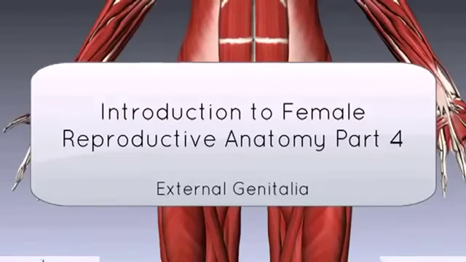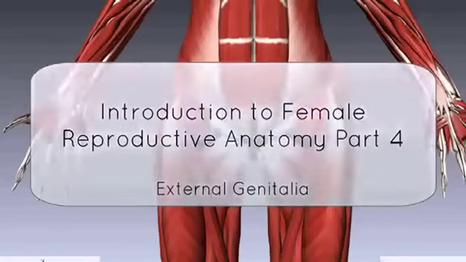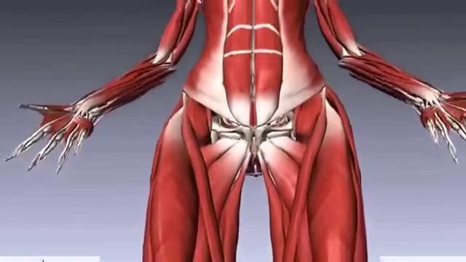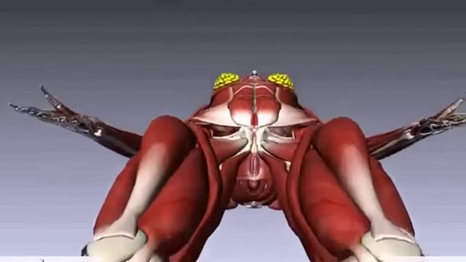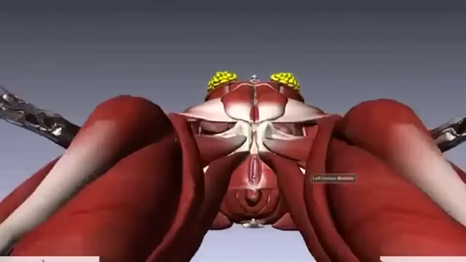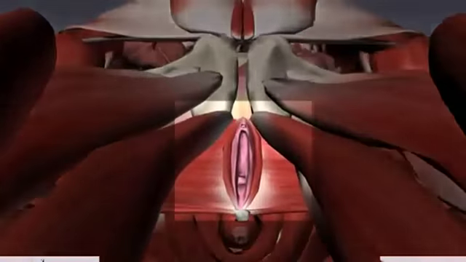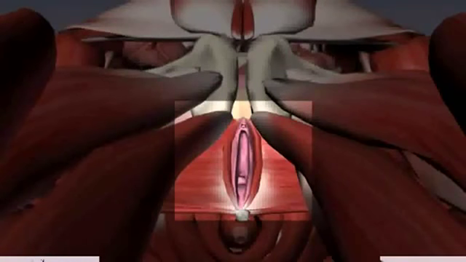Okay, so in this tutorial we're going to take a look at the female external genitalia. I'm going to rotate this model so we're looking at an inferior view of the external female genitalia. The way that I'm going to explain the anatomy of this area is through a diagram. Looking at the same view, I'm going to talk you through some of the anatomical features of the female